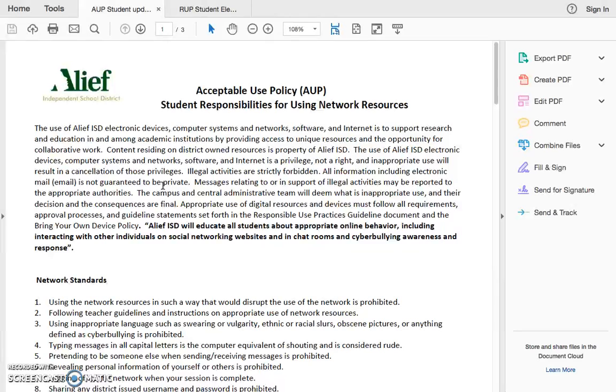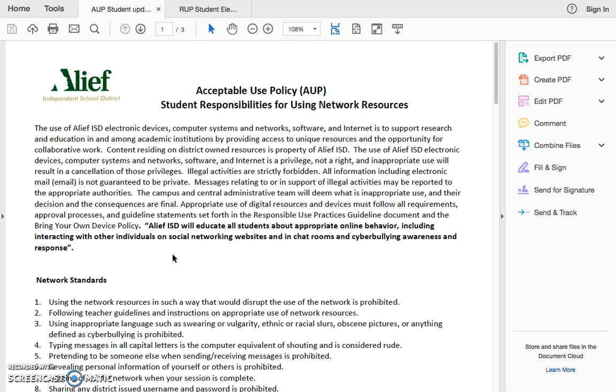Any use of digital resources or devices must follow all requirements, be approved, and will also be outlined in the RUP guidelines, as well as the BYOD, or Bring Your Own Device policy. And this final statement reviews A-Leaf's beliefs on students' use of technology.